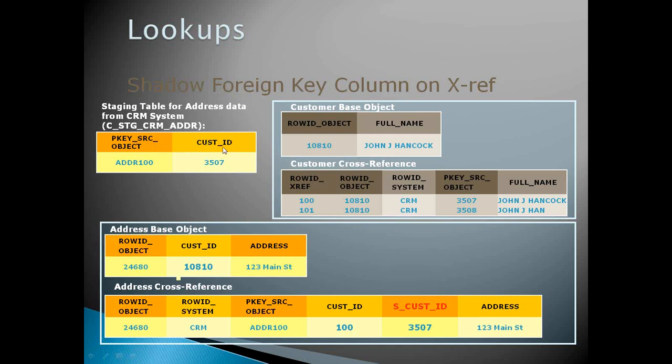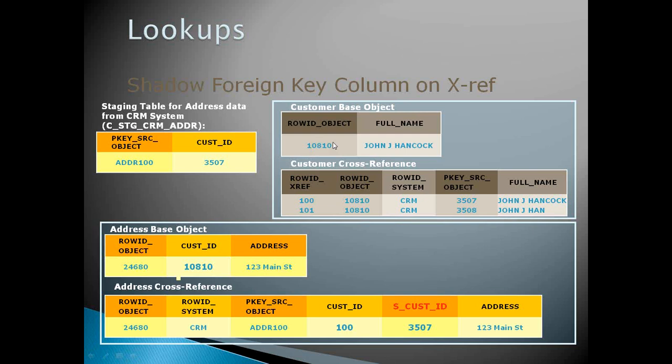So what are we passing in this? In the normal Oracle side, when we are talking about this, we always pass the primary key value. Whatever is the primary key, in the foreign key we pass the same value. The primary key or the unique key is like a row ID object, which is the unique key in the base object. But we don't pass the row ID object, because the business doesn't know what a row ID object is, neither is it storing that in their system. Row ID object value is generated in the MDM and it is only for MDM.